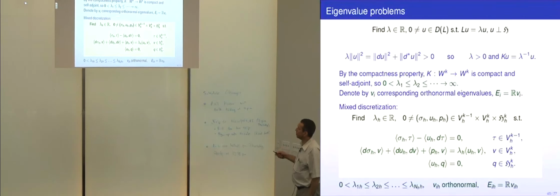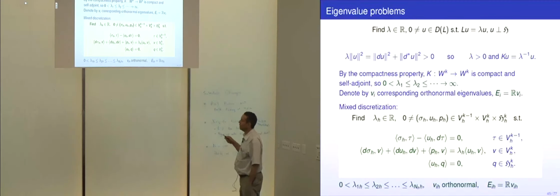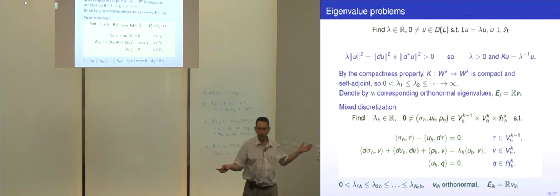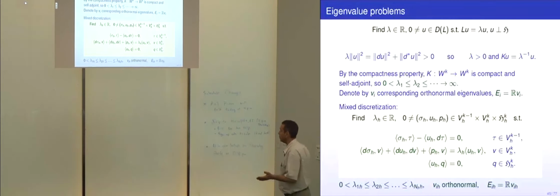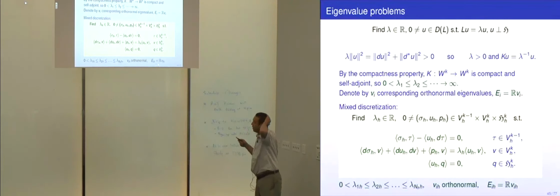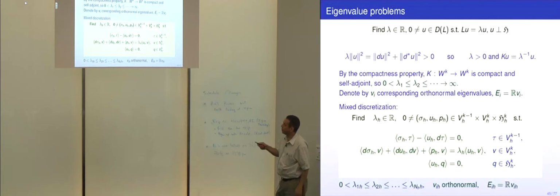The numerical method is just take the mixed method we had before, but instead of f v here, put lambda^h u v, where lambda^h is a discrete eigenvalue to be determined. And of course, this comes down to a big matrix eigenvalue problem, and you put it into SLEPc or some well-known sparse matrix eigenvalue solver, and you can solve the problem. And then the question is, do the lambda^h, so now this is finite dimensional, so you only have finitely many lambda for this thing, lambda_1^h through lambda_{n_h}^h, and as the mesh is refined, you get more and more of them.